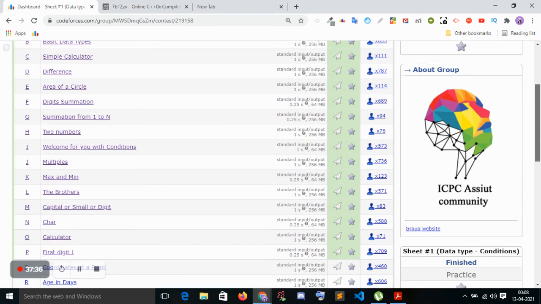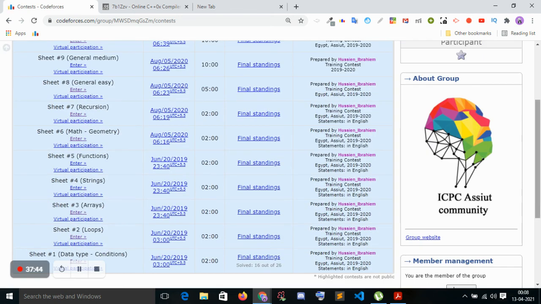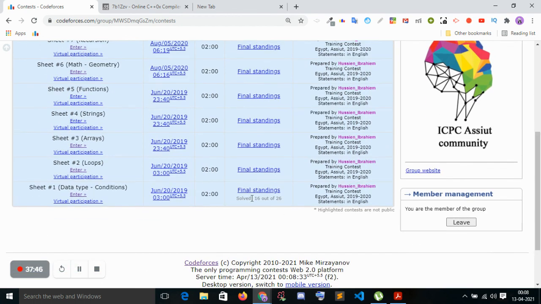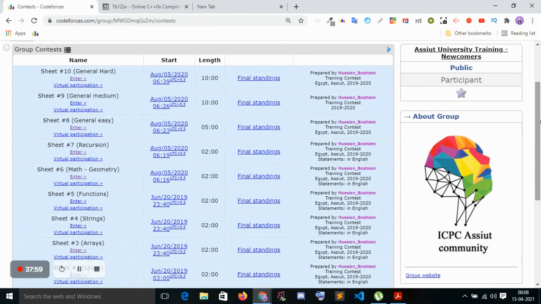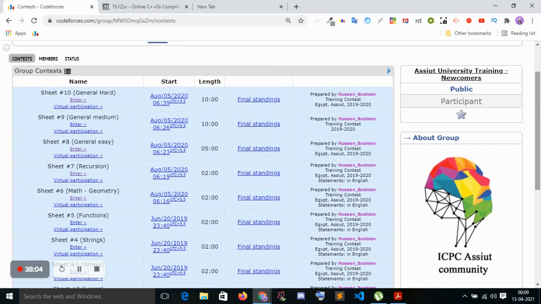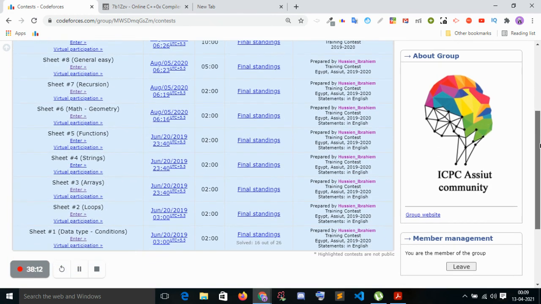So this is set one, and it is definitely for newcomers. We have solved around 20 out of 26. Next I'll go for loops and arrays, and after completing recursion I will definitely start some virtual problems, so we can get the idea of how to solve contest problems as easily as we can.